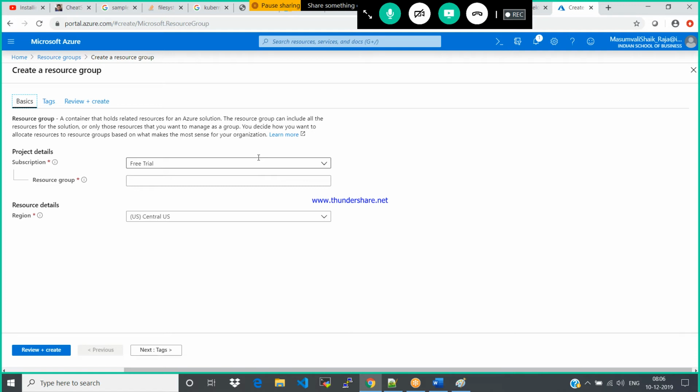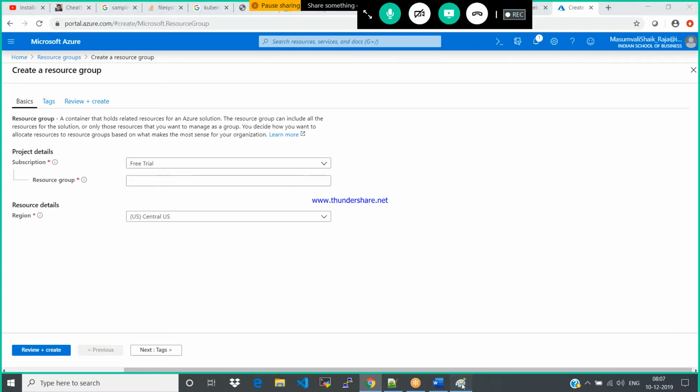So to create any service, you should follow some recommendations from Microsoft. That is a naming convention. The names which you give to that particular service should have some standards. Similarly for the resource group, you have to follow some standards.